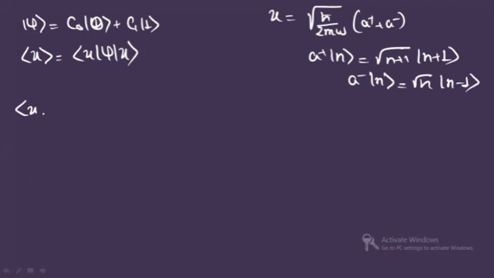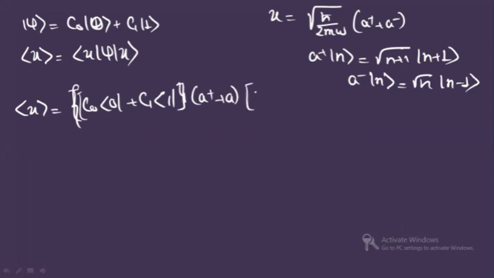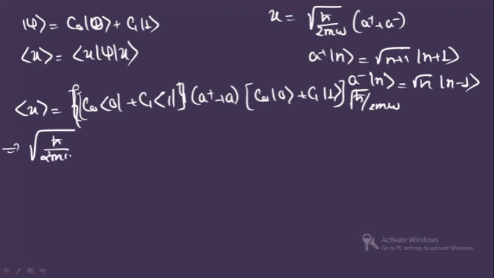Alright, so let's write the expectation value here. It is C naught psi 0 plus C1 psi 1, I'm writing in curly bracket. Clear? Again you have a dagger plus the lowering operator. Here you have C naught psi 0 plus C1 psi 1. Clear? And h cut root over 2m omega, the constant term, is outside. So finally here you will have h cut by 2m omega. Just do the normal calculation.